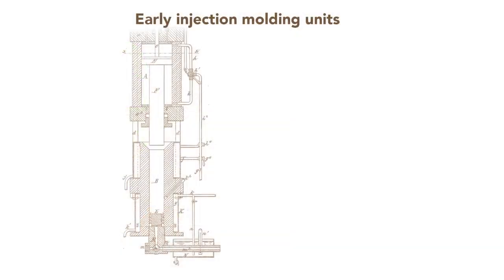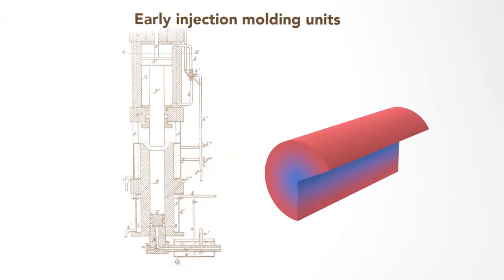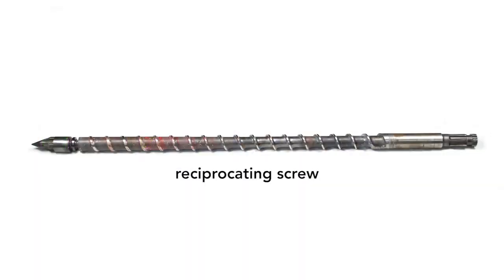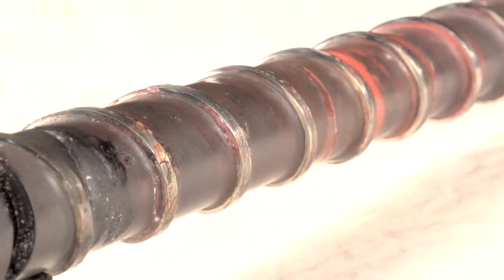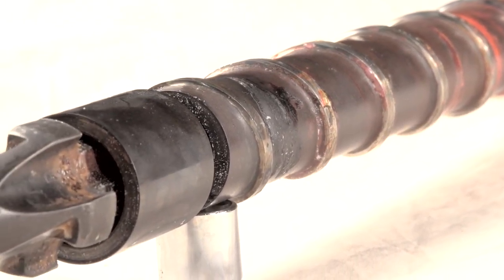Before the mid-20th century, injection molding machines used only external heating of the barrel to melt the plastic before a plunger injected the molten material. But because plastic conducts heat poorly, the temperature was uneven in the barrel. Either the middle was too cool and not fully melted, or the outer regions were too hot and degraded the plastic. The solution was this: the reciprocating screw, often regarded as the most important contribution that revolutionized the plastics industry